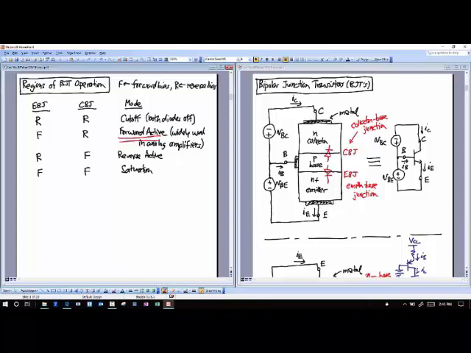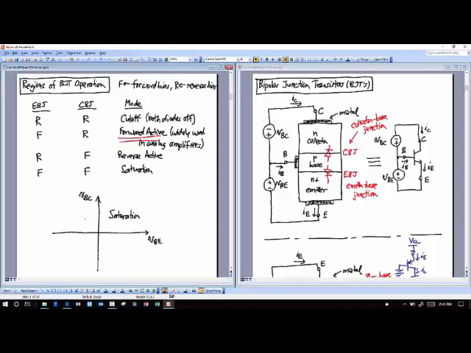So another way to look at all this stuff, I can create this table that I've just created there, but I can also make a graph. Right? So if I make a graph and I plot VBE versus VBC, right, then I can look at the different regions of operation. Okay? For an NPN transistor, this region would be saturation. Right? Positive voltages across both of those junctions on, that's saturation.